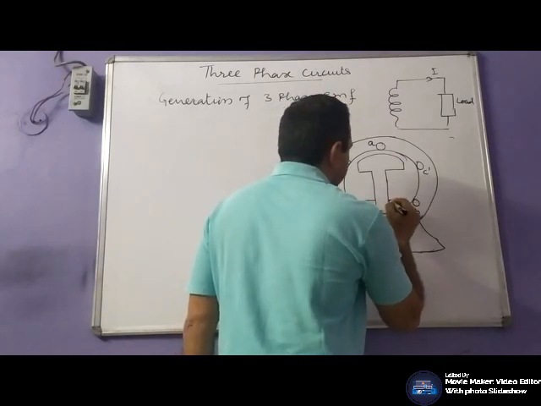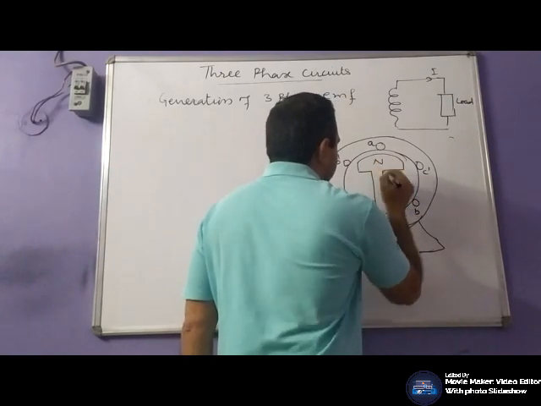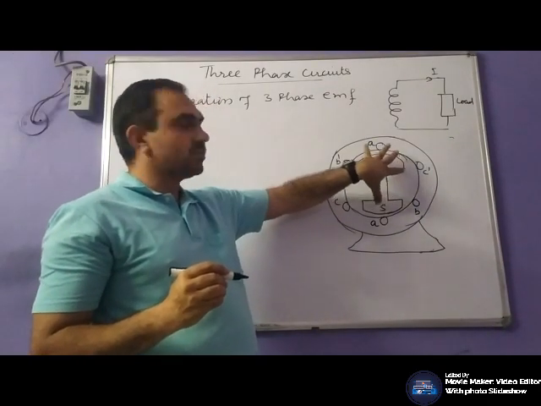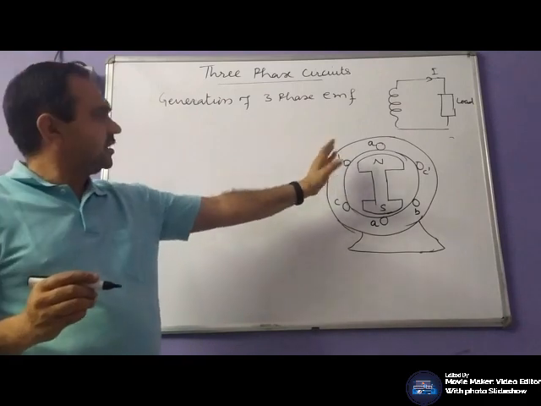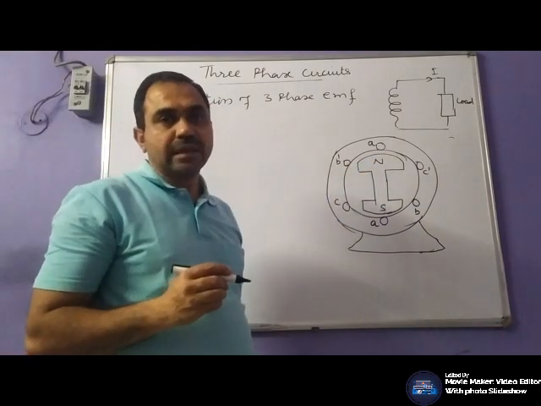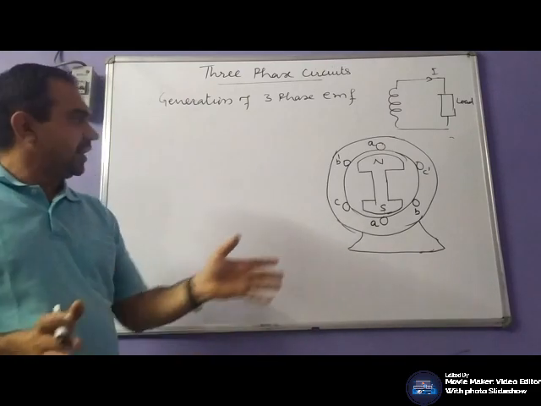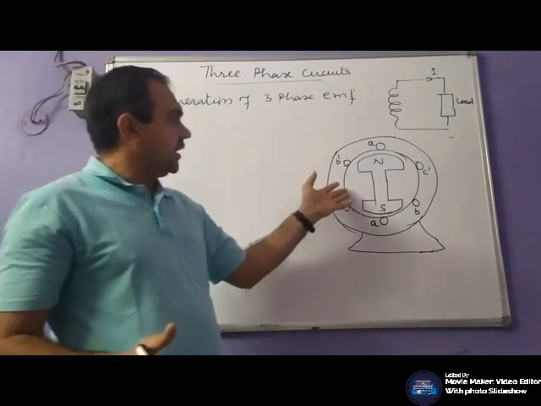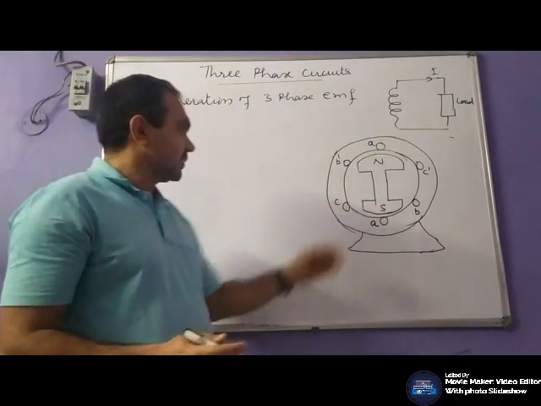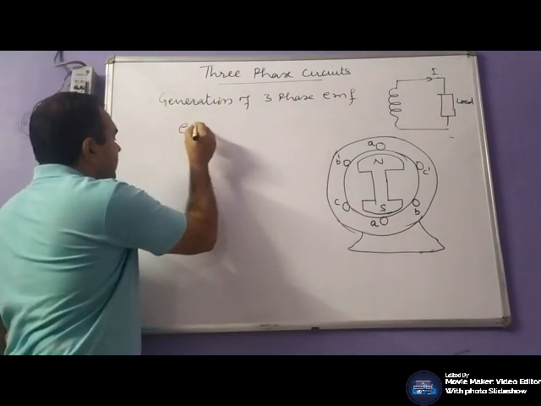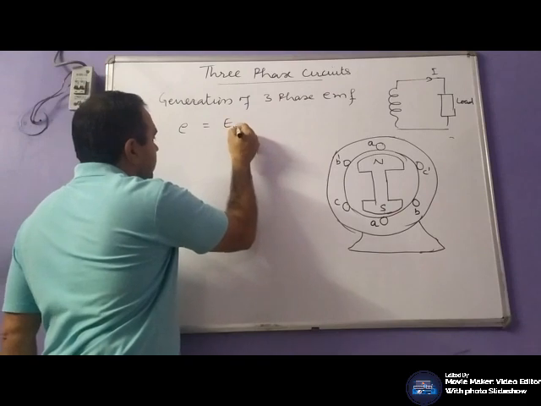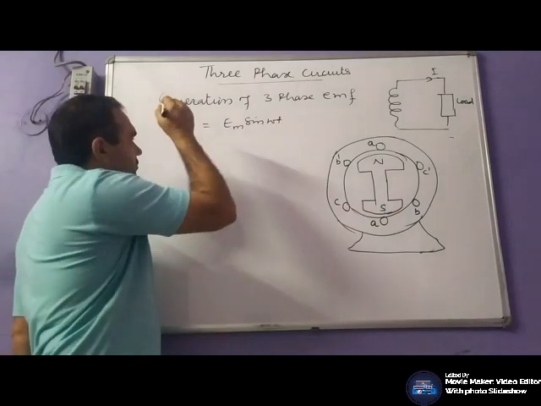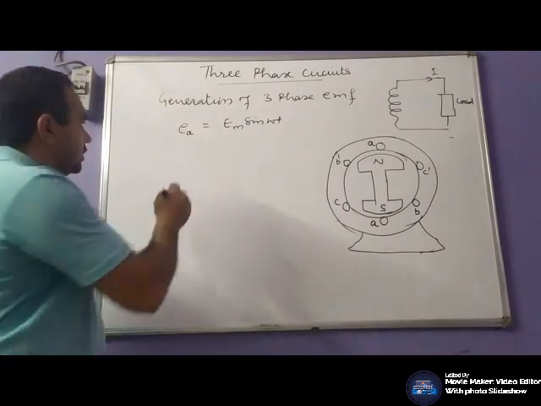And whenever, for example, we see the magnetic field, and this magnetic field is rotated across a stationary coil, EMF will be induced in the coil. As the coils are displaced from each other by an angle of 120 degree, hence their EMF will be induced displaced by an angle of 120 degree. In single phase system, we discussed that EMF induced is Em sine of omega t. For example, in first coil, EMF induced is given by EA. Then second coil,